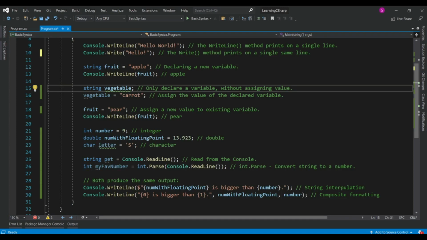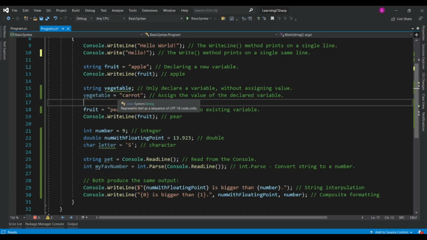When I set or assign a value of this variable, it will have that value. So that is why here, when I use the name of the variable and assign to it a value which